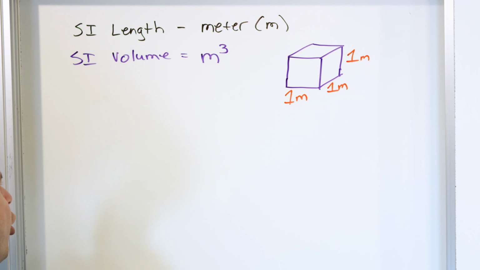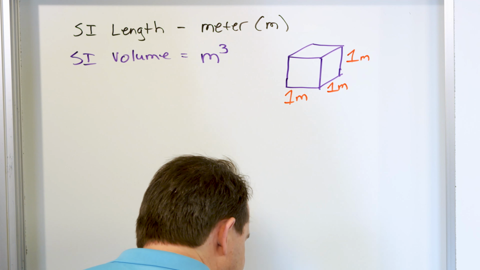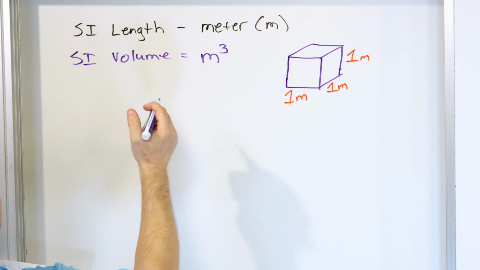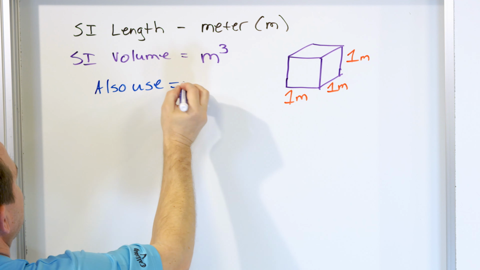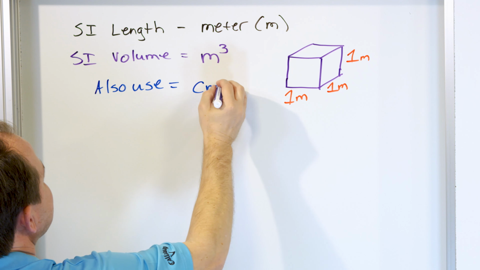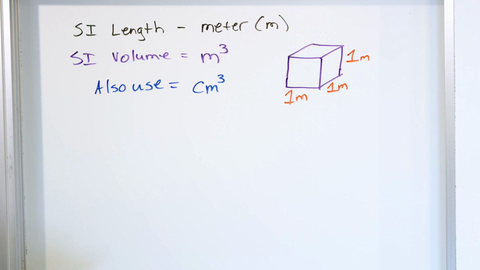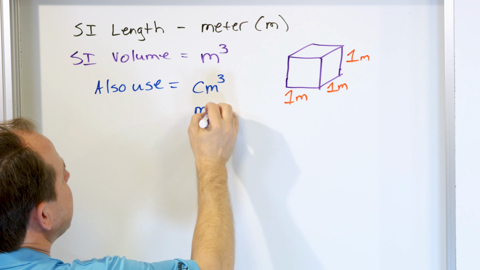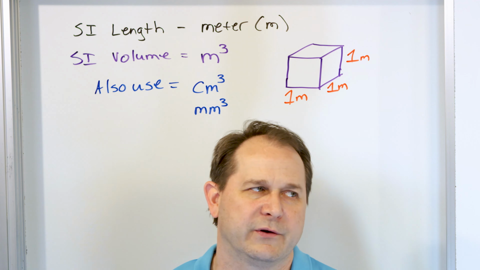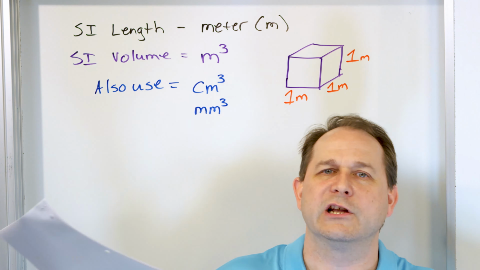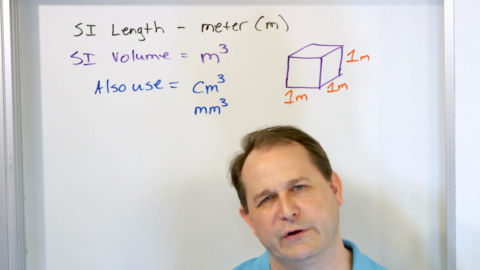But that doesn't mean we always have to use cubic meters. We can use other units of volume as well. We can also use, drum roll please, a cubic centimeter, right? We can even use a cubic millimeter. In fact, we can use a cubic light year if we want to for distance. We can use a cubic kilometer if we want to, but we really have no use for those,